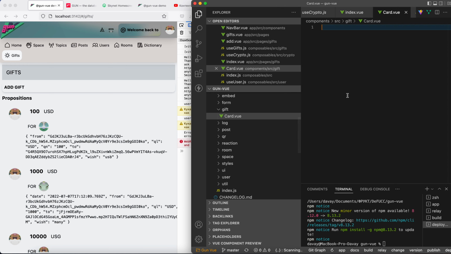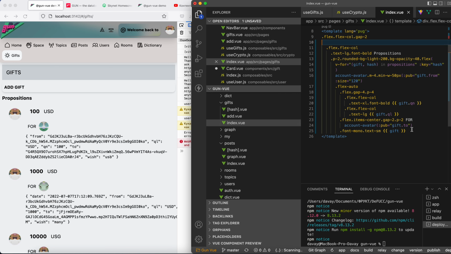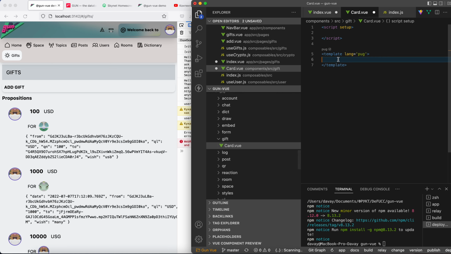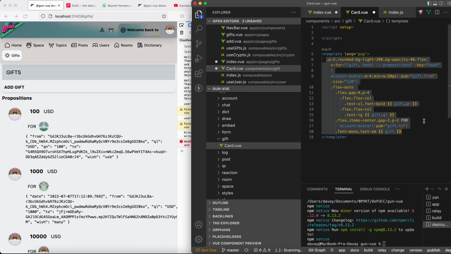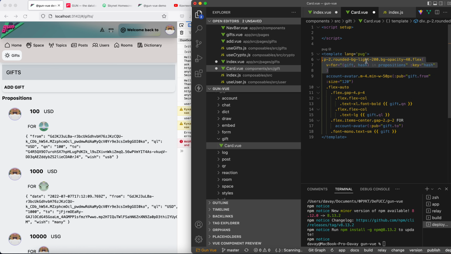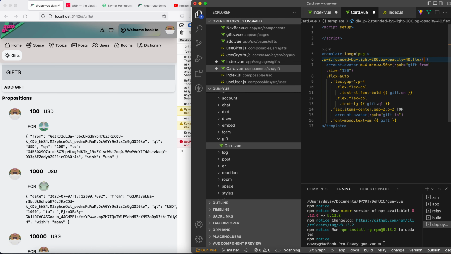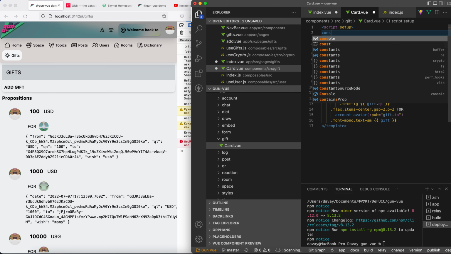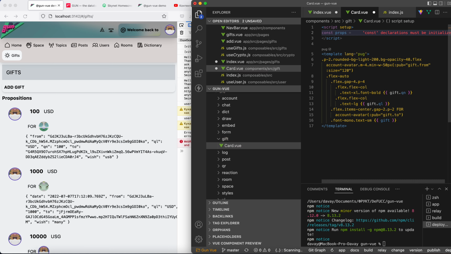So gift card is a Vue component that has this data inside. So account avatar. So yeah, pretty much everything here should go into the gift card. Only this v4 will be outside, and also we will have props that are